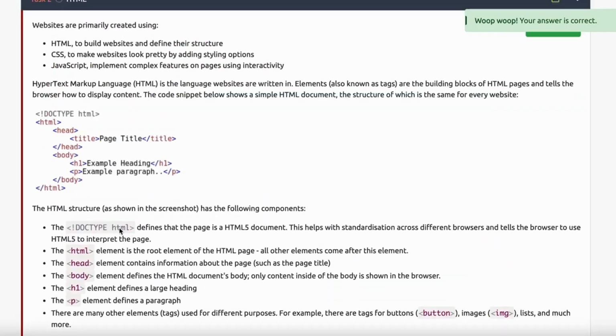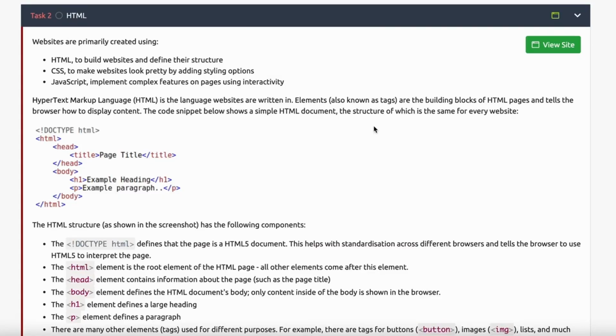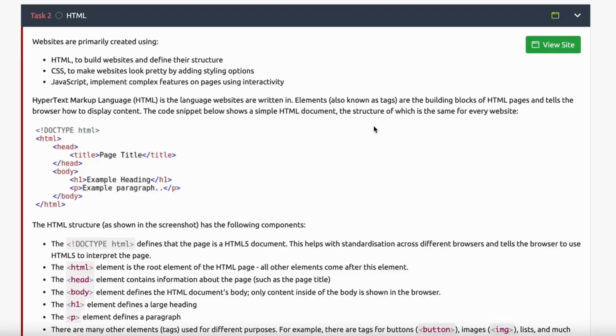Well, the website is coded using HTML, or hypertext markup language. It's really not hard to use HTML. I mean, you can see kind of an example down here. It's basically using logical sections and segments to create a web page. You can also use CSS and JavaScript to add functionality and neatness to the website. Pretty much every single website on the internet is a combination of these elements.